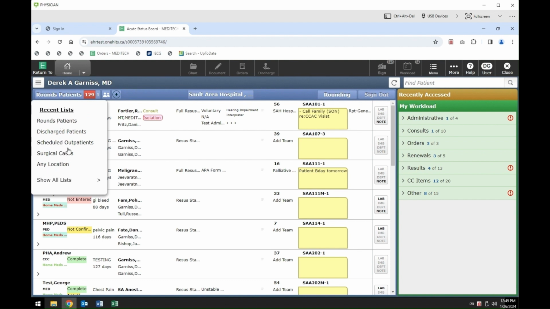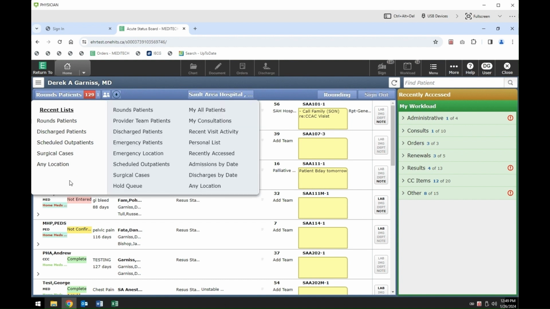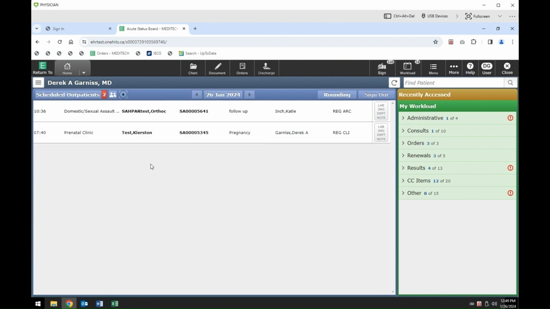You can see here that I have scheduled outpatients as one of the options to choose from. If you do not see scheduled outpatients on your list, simply select Show All Lists at the bottom of the screen and it will provide you with a list of all the patient lists that you can choose from. To access your outpatients, you're going to select Scheduled Outpatients. When you do this, you will be brought to a list of your patients for that particular date that are